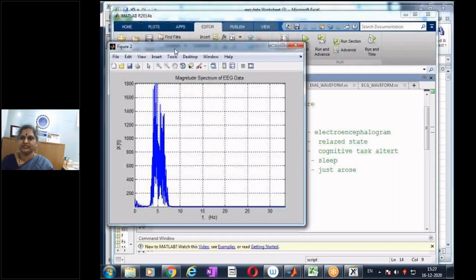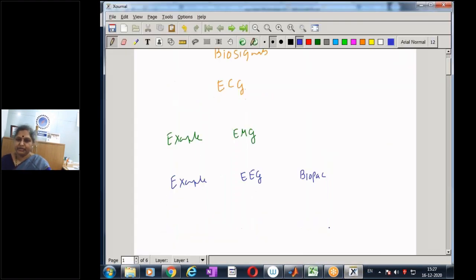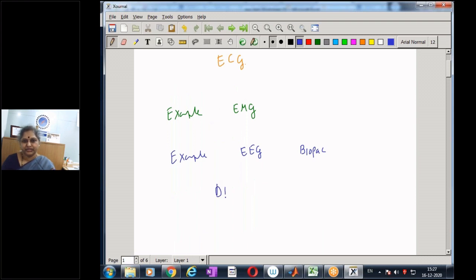So this example is taken to show that from time domain data we cannot interpret the frequency components present in the signal, but by performing the discrete Fourier transform, or the same in an efficient manner. So once we capture the data, we can get the plot as a function of time, and when we compute the spectrum using the discrete Fourier transform or the fast Fourier transform, which is just an efficient method of computing the DFT, we get the spectral components.